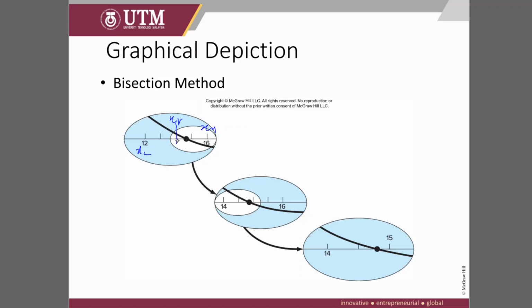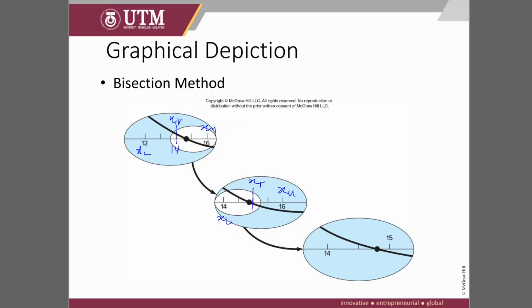So we use this subinterval for further calculation. So this is 14. Note that previously this was XR. Now 14 becomes our XL, and this is our XU, and this is our